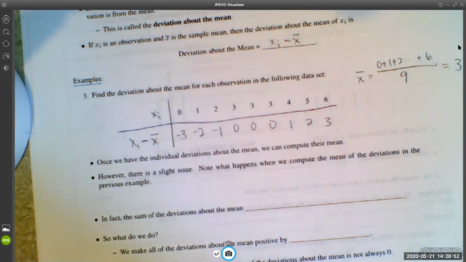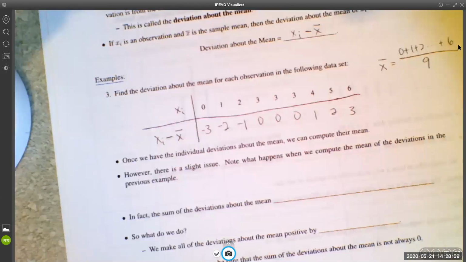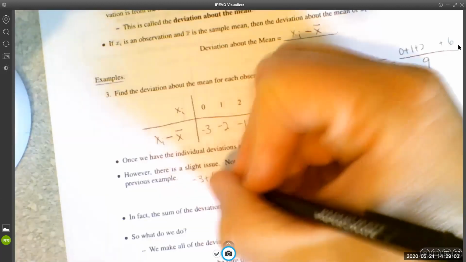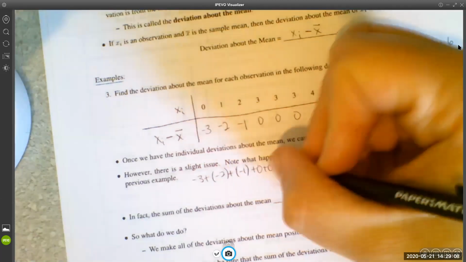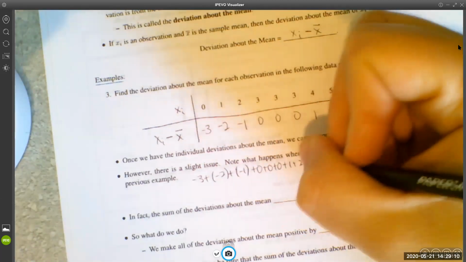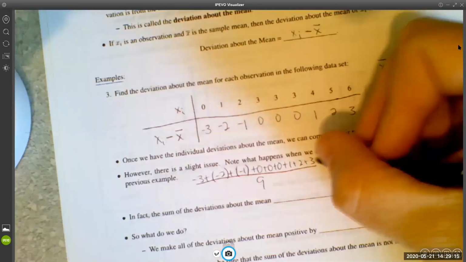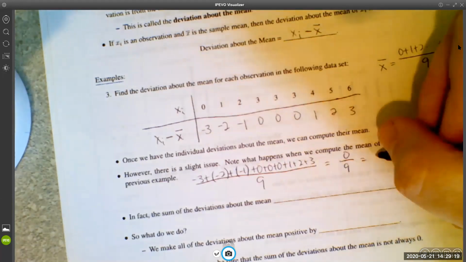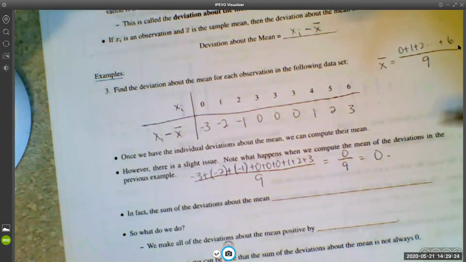When we compute the mean of these deviations, we get negative 3 plus negative 2 plus negative 1 plus 0 plus 0 plus 0 plus 1 plus 2 plus 3, and then we would divide by 9. But the numerator of that expression ends up being 0, and 0 divided by anything is 0. So the average of the deviations about the mean that we're coming up with is 0,